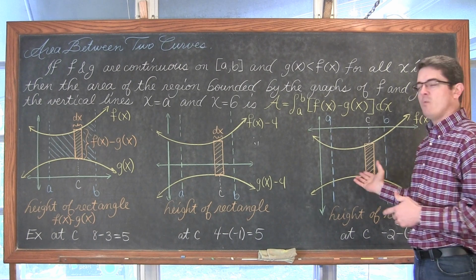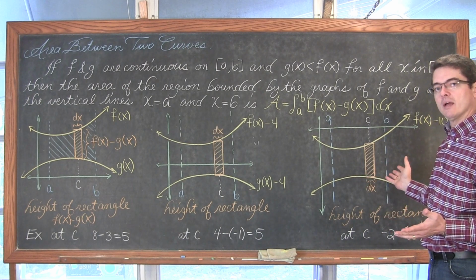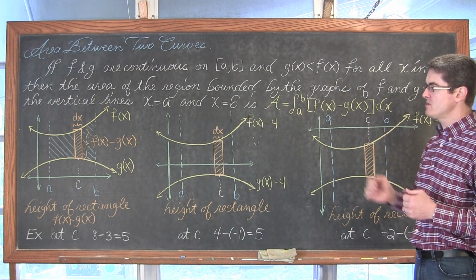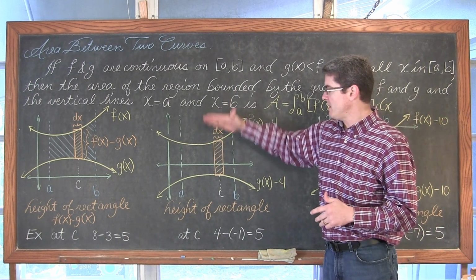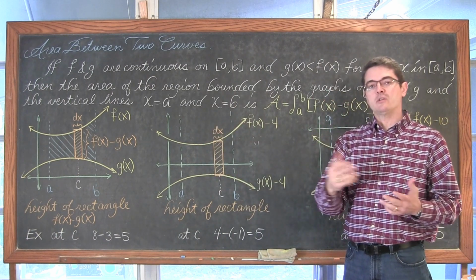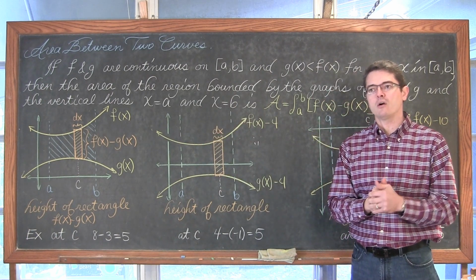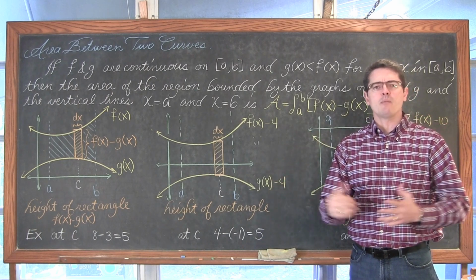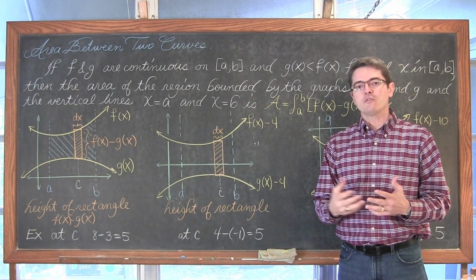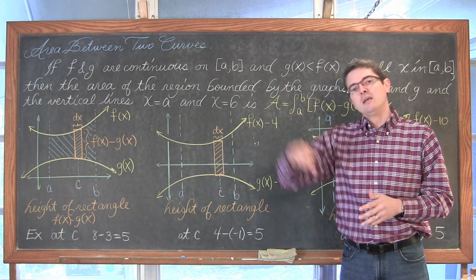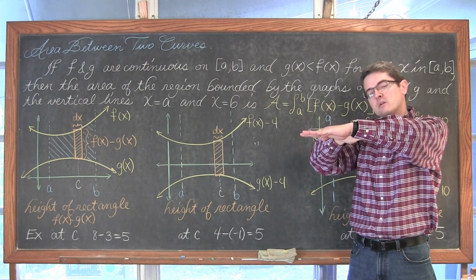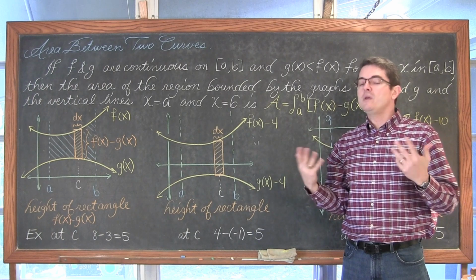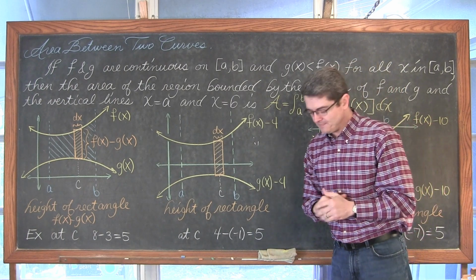So what I have up here is 3 diagrams to illustrate that it doesn't matter if the functions are above or below the x-axis. We should have understood from our work with application problems, maybe working with the first fundamental theorem of calculus, that if a function falls below the x-axis, then all of those sums are going to be negative. And we can't have a negative area.